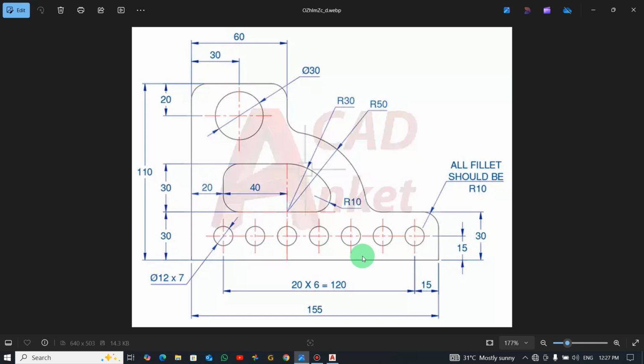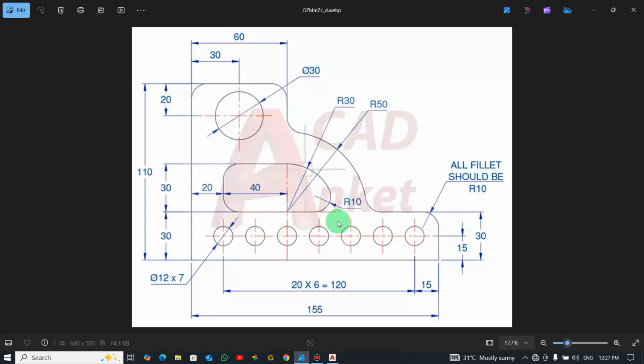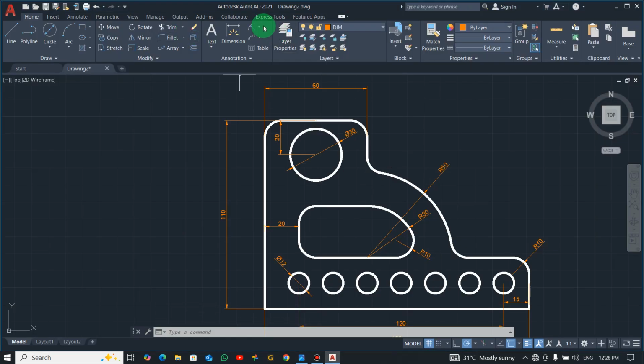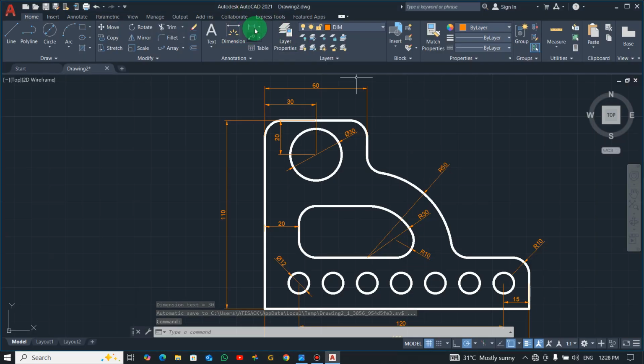And then this radius is also 10. Yeah, I think that's all. Okay, let me dimension this part as well. On this side to the center is 30. And then let's dimension 30,